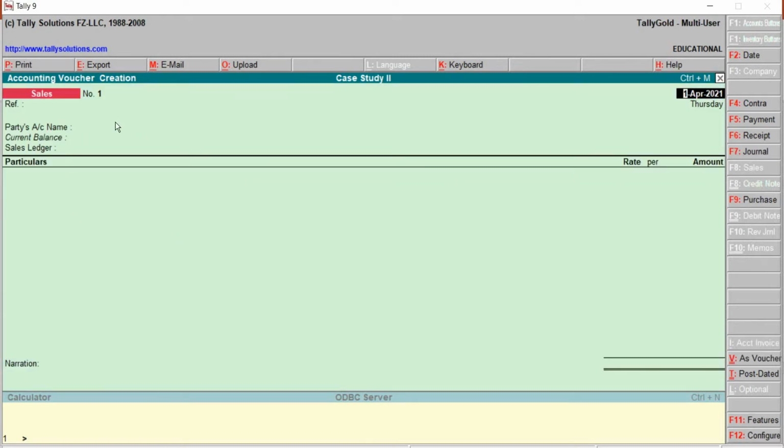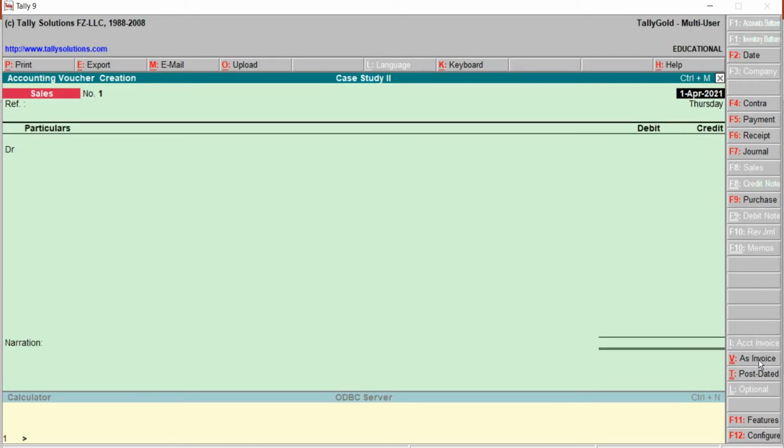I think so we can just see here, this is invoice mode is open. We have to convert this back to voucher mode. Bottom right hand side as voucher, or else we can use the shortcut key that will be Ctrl V. Just click on this one. Right. What will be debit here? Debit will be Keshav Ram, which has to be created. To create this one, just press here Alt C.